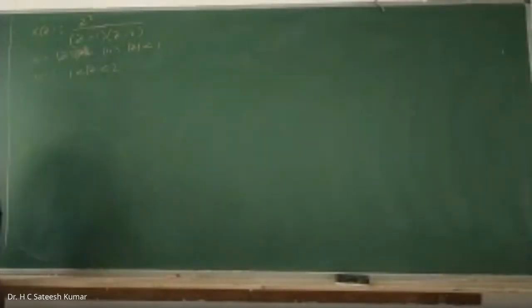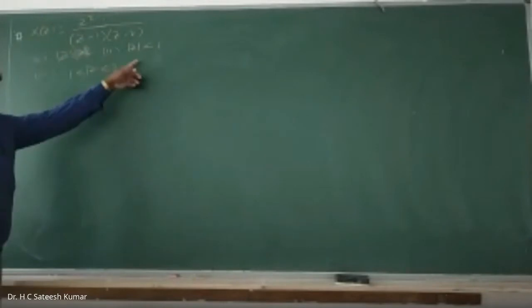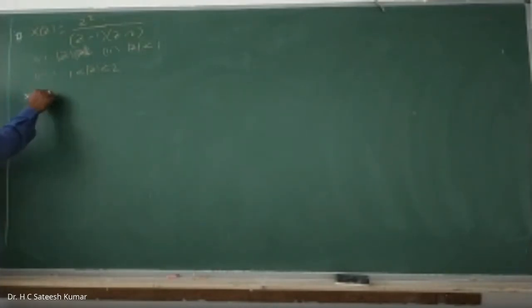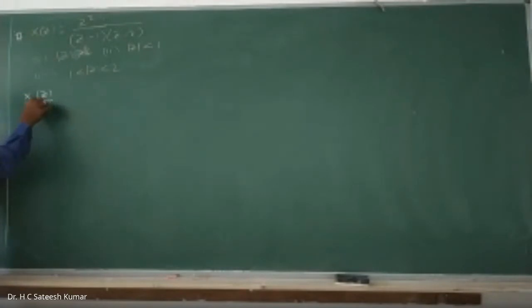So, how to do this? X of Z and ROC is given. You have to find X of n, and you will get different X of n for different ROCs. So, all those things we should obtain. First, what is the procedure? Before going to the partial fraction, always find the partial fraction for X of Z by Z. Here Z square is there, I will take one Z to the denominator. Sir, if Z is not there, what should you do? Divide both sides by Z, so that you always get X of Z by Z before going for the partial fraction.